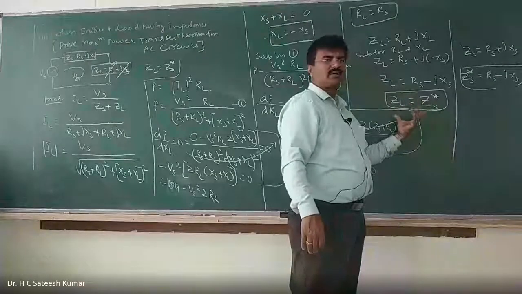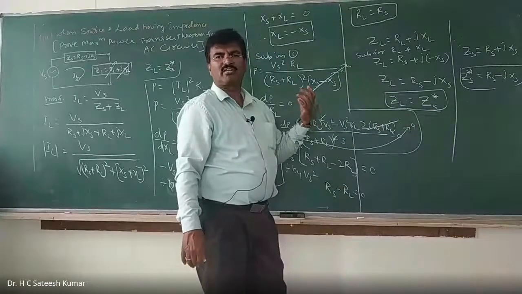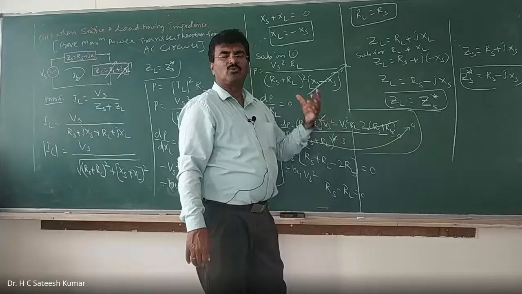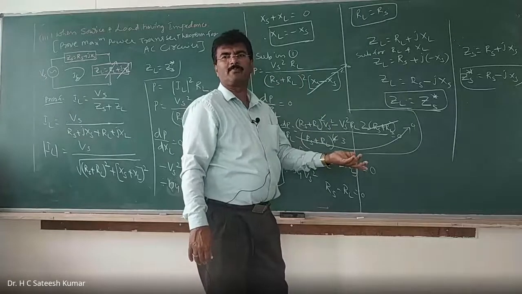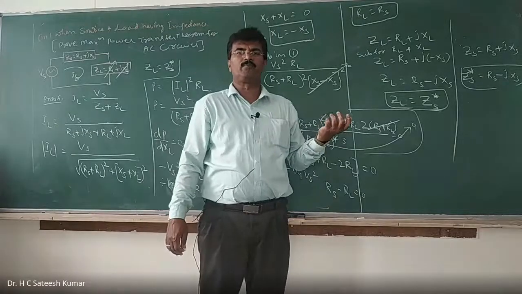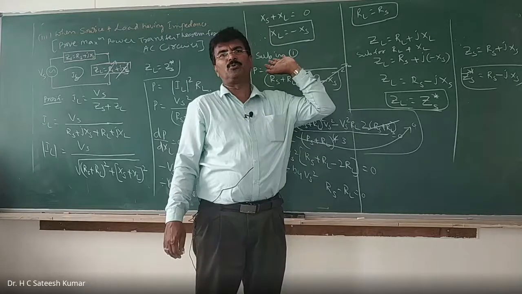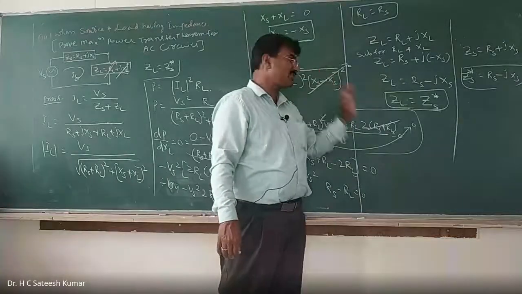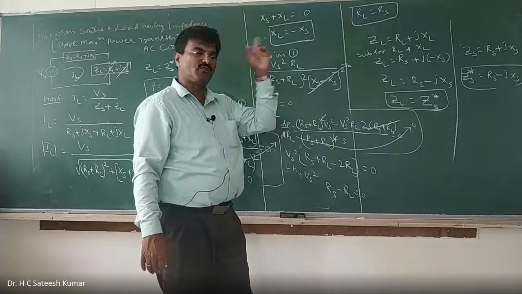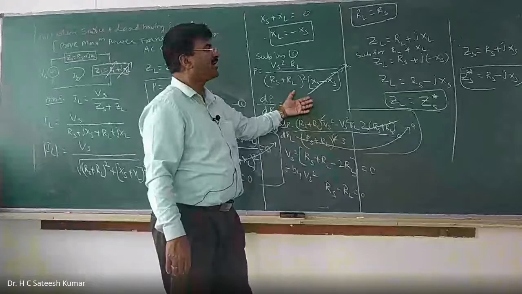In the examination, when they ask you to state and prove the maximum power transfer theorem for AC circuits, or when the load is having impedance and the source is also having impedance, then you go for this derivation. Sometimes they ask for 5 marks, state and prove the maximum power transfer theorem, then don't go for this one. A simple circuit with pure resistance is what you do. If they ask for AC circuits, or say that the load as well as the source has impedance, then you do this derivation. Otherwise, do the first one for 5 marks. If they ask this one, it is 7 to 8 marks for the proof of the maximum power transfer theorem.